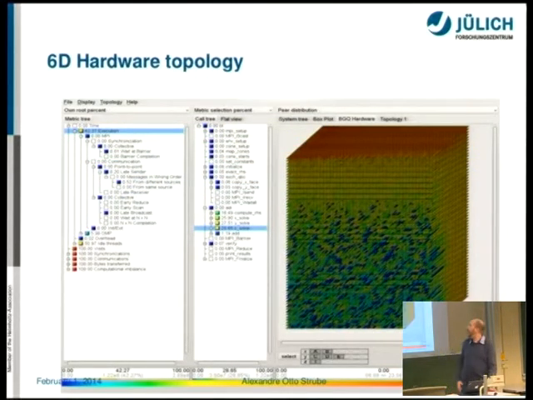Besides that, one of the machines we use a lot is a BlueGene/Q. BlueGene/Q has a 6D torus network. It's hard to visualize 6 dimensions, so what we do is fold those dimensions, and we can still get some insights out of it. You can move them and select different ways of seeing them, and this is very interesting because, for example, the K supercomputer in Japan also has a 6D network.